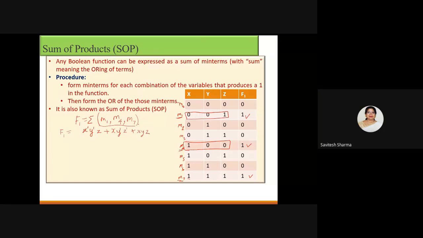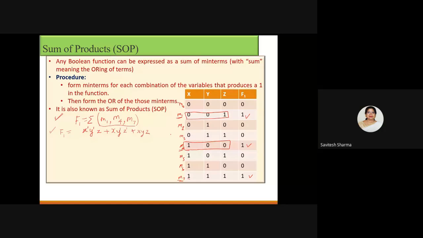So what you did here, you converted a truth table into the form of SOP. This is one way to write the sum of products, and this is another way to write the sum of products. Got it? First step, identify the number of 1s in the output, and then you list the min terms, and then you convert them into the variables. Got it?